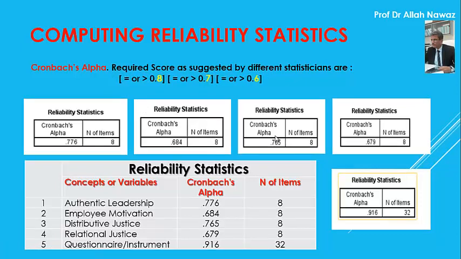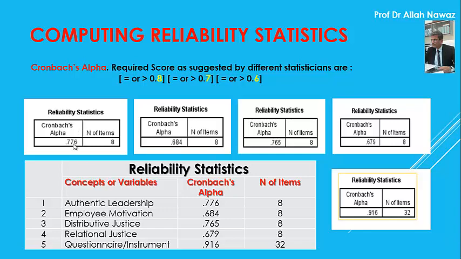The required scores as suggested by different statisticians or researchers are that the minimum score of reliability through the Cronbach alpha test will be 0.8, while others suggest 0.7, while there are researchers who suggest that 0.6 is enough and shows workable reliability of the measure.